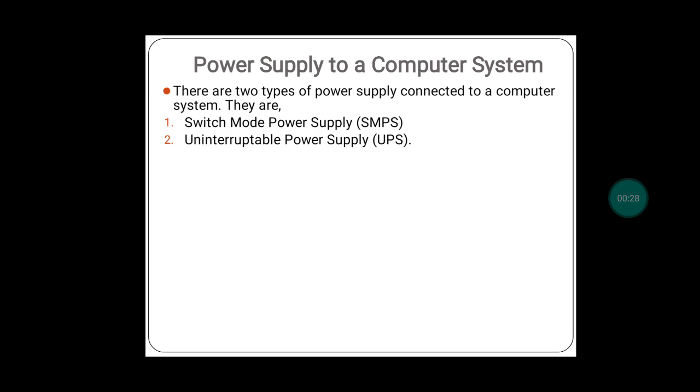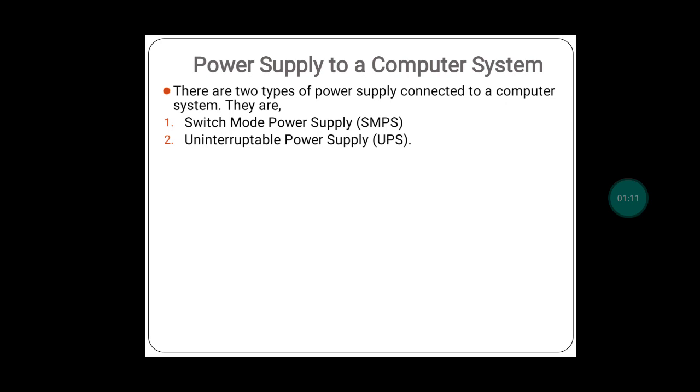Do we need a power supply for a computer system? Yes, we need it. Why? Because computers are electronic machines. Each and every part of the computer system is built on electronic components. If we want to make electronic components work, we have to supply power to the system. Power in the sense of the word current we use in day-to-day life. We have to supply power to our computer system because it is an electronic machine, otherwise the system will not work.